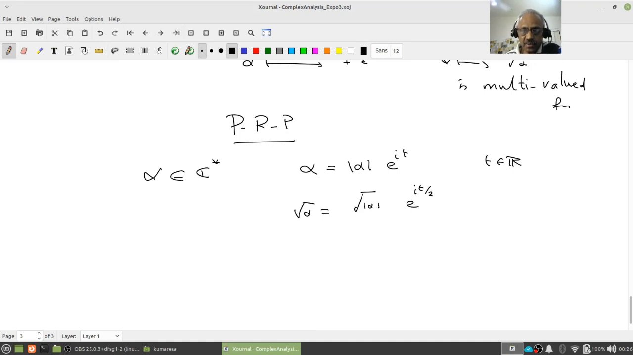Multi-valuedness comes. This t is not unique. Anything differing by 2 pi will also work for this. Do you follow that? Therefore the non-uniqueness of this square root comes from the non-uniqueness of the choice of the argument. Please pay attention. Therefore multi-valuedness